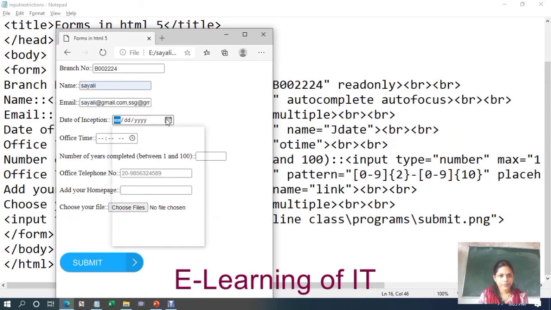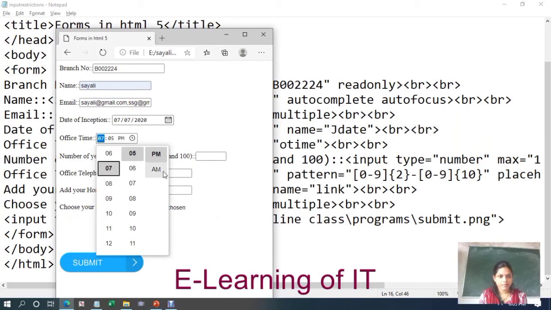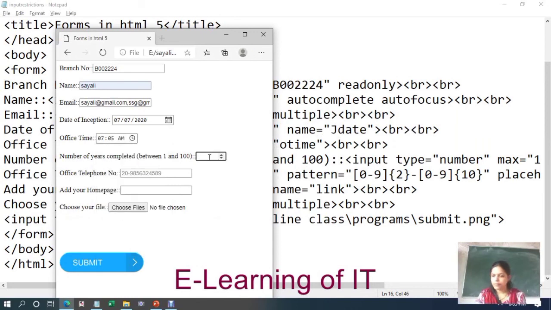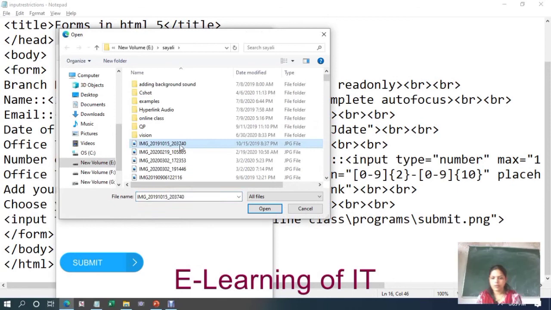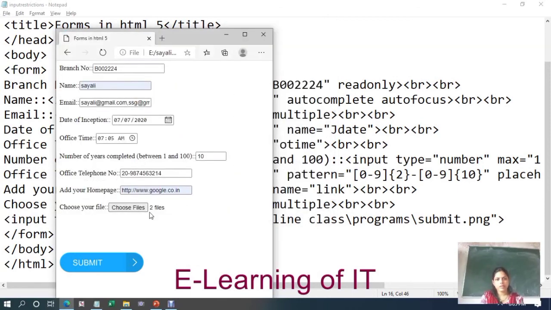Then again give a date, select time, give a number, home page, and here you can choose the file. Also here you can choose more than one file. So I will choose these two files, open, and you can see here two files have been chosen. So in this way you can use the multiple attribute.